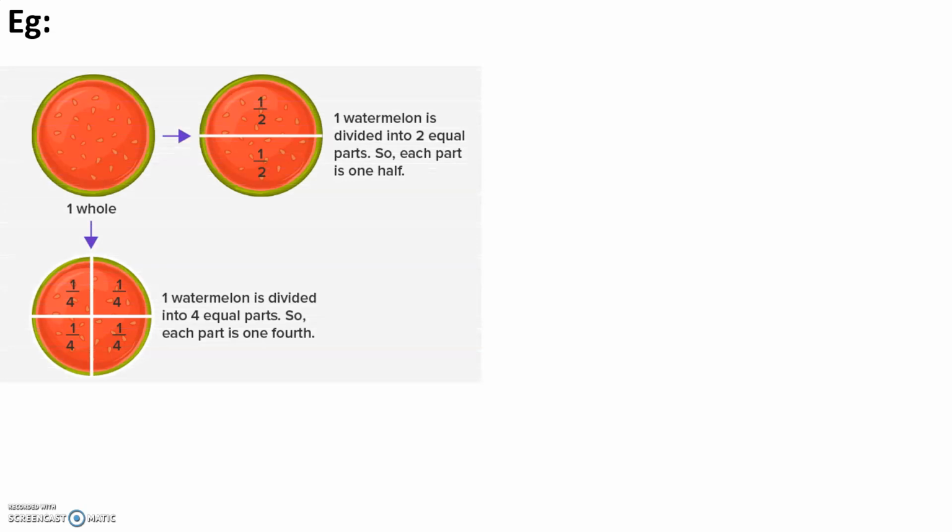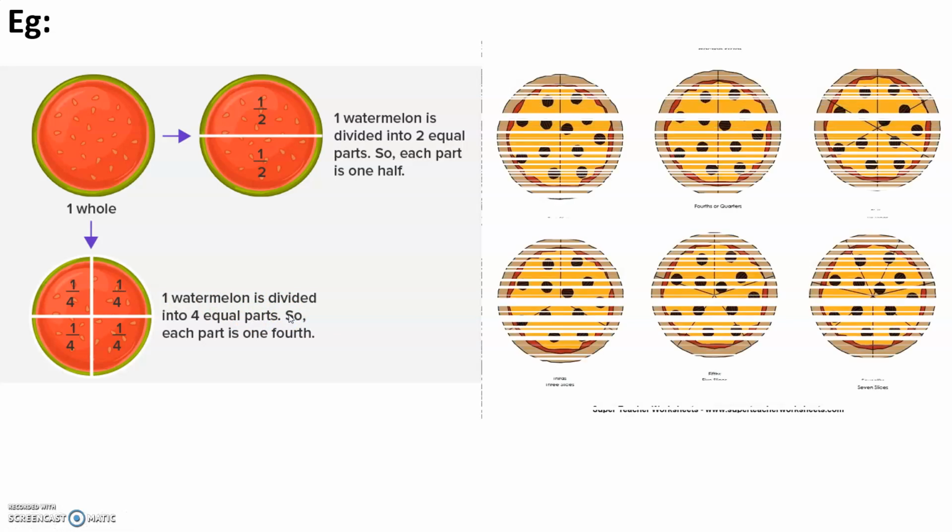Next, let's see an example. Okay, now you can see this is a watermelon. This is one part. Then when it is divided, बीच में से कट किया है तो ये हाफ हाफ हो गया. ये आधा मेलन इधर है वाटरमेलन और आधा वाटरमेलन यहाँ पे है. So one watermelon is divided into two equal parts. So each part is one half. Then again when this is divided into two parts, it becomes quarter part. 1/4, 1/4, 1/4, 1/4. So one watermelon is divided into four equal parts.